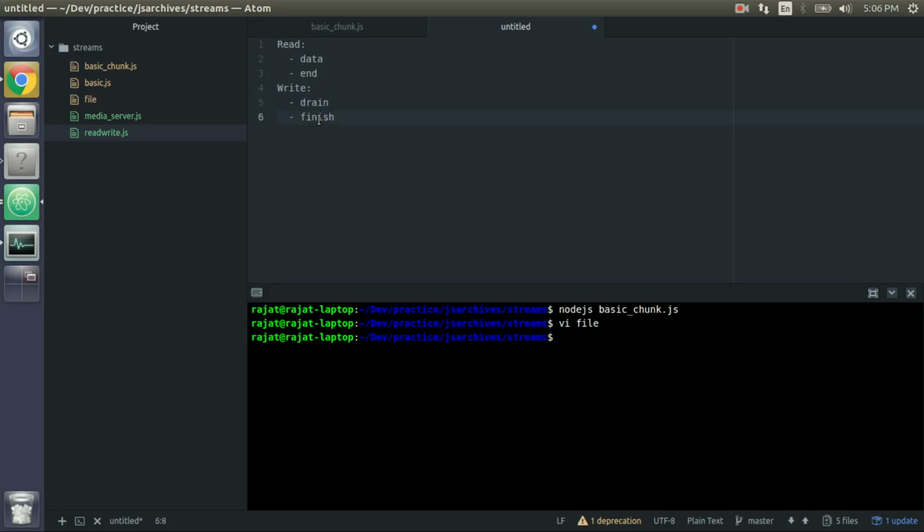Okay, and finish is going to be fired when there is no more data to be written to the writable stream. And there are certain other types of events for this write and read stream, which you can easily check out from the Node.js streaming documentation, and I will